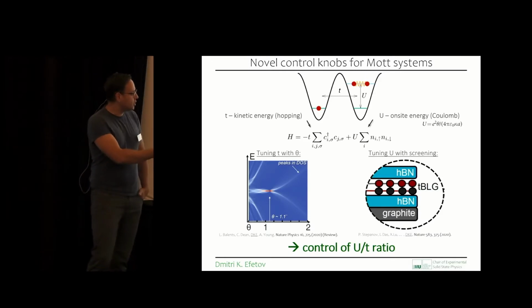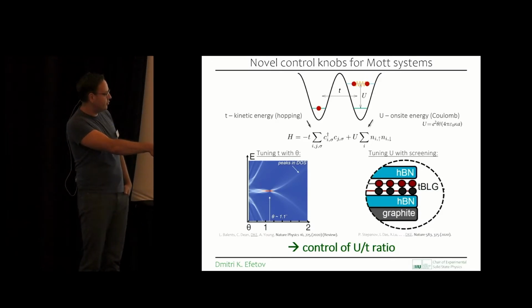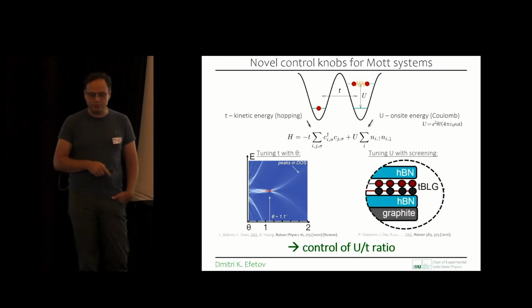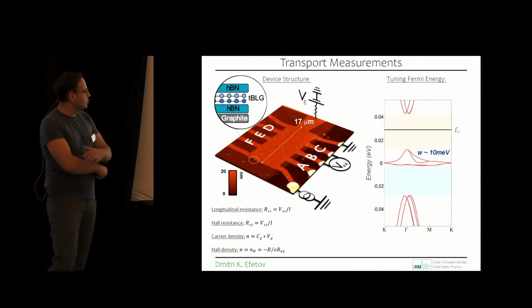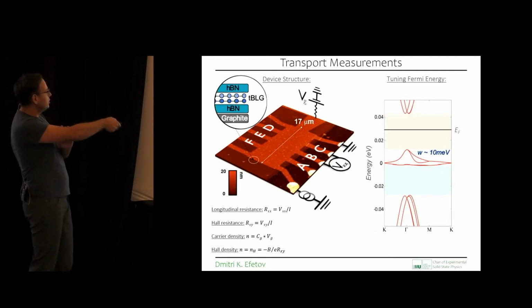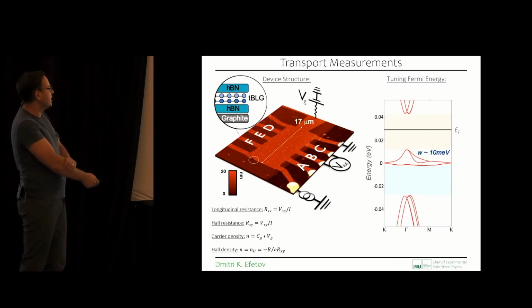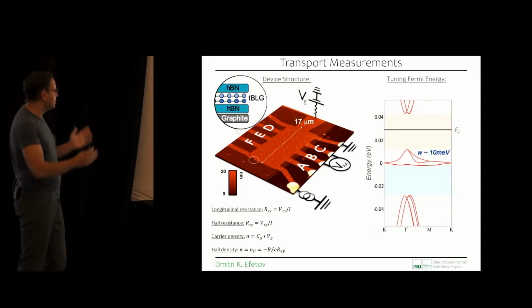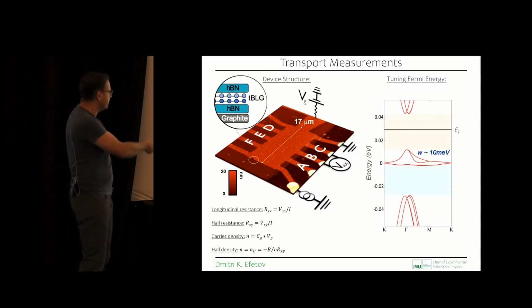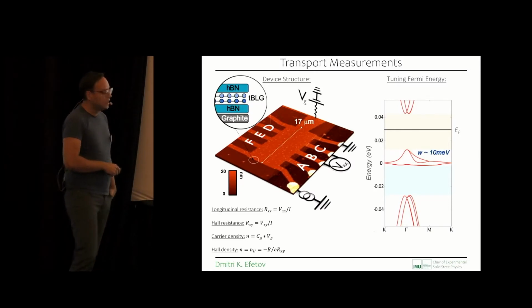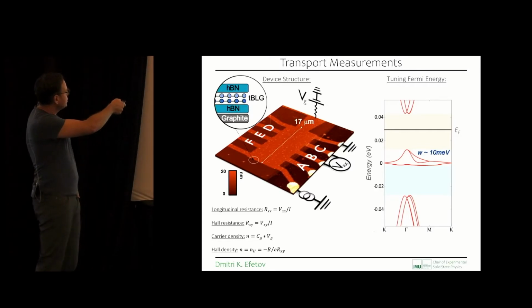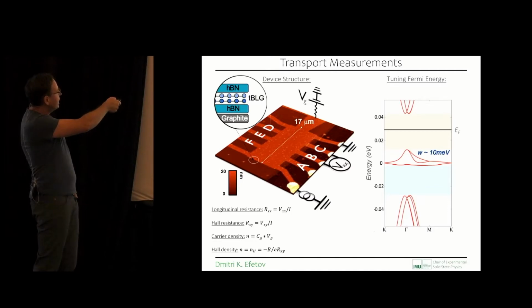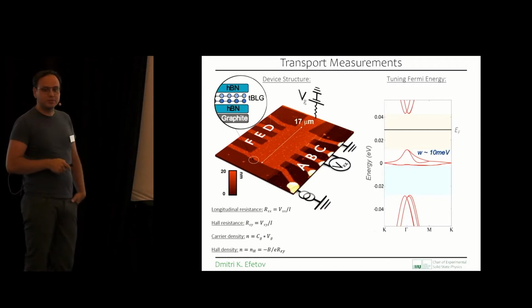So overall, this is a highly tunable platform where the U versus t ratio can be tuned very accurately. One thing I also want to note: those are typical devices that we make, AFM devices. We can measure very simple transport properties like longitudinal resistance and Hall resistance. But we can also use this metallic layer, the graphite layer I explained before, to apply a voltage to it and capacitively charge up the twisted bilayer graphene.